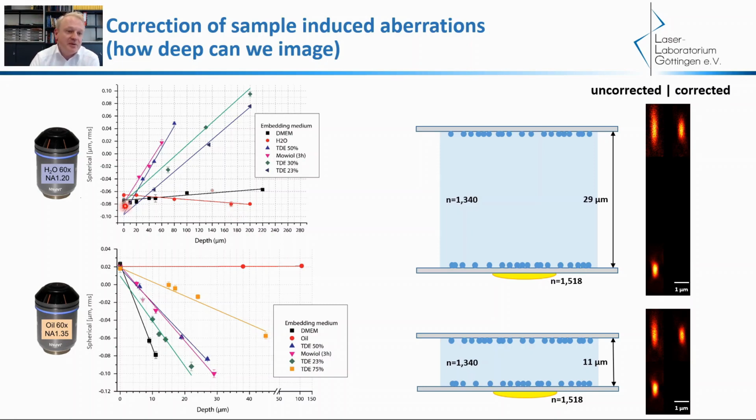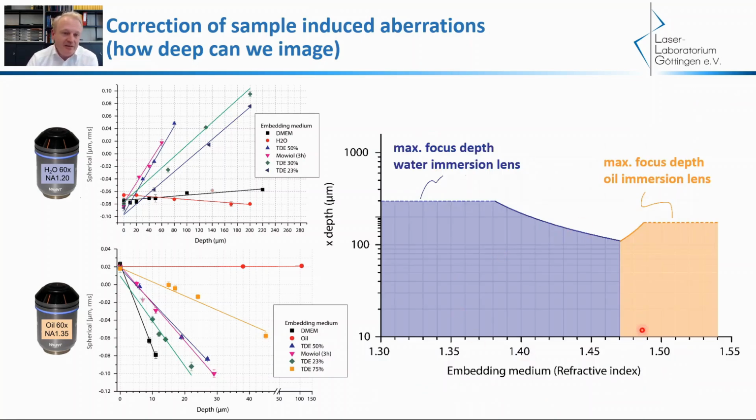And also because we have this linear relationship and we know the maximum stroke of the deformable mirror we are using, we can also say what the limit of our imaging system is. And this is shown here. So again, we have the water lens and the oil immersion lens, and the water immersion lens has a certain maximum focusing depth, so we can't focus deeper into the sample. And we see that over a large range we can correct with our mirror